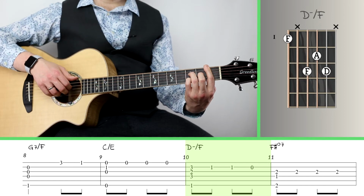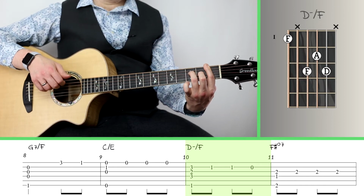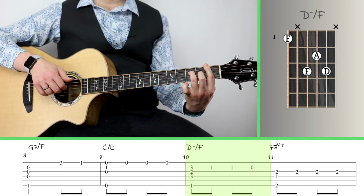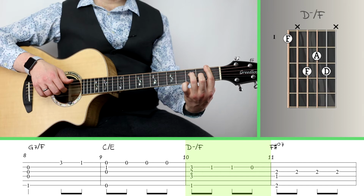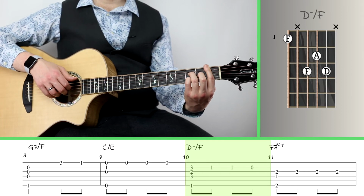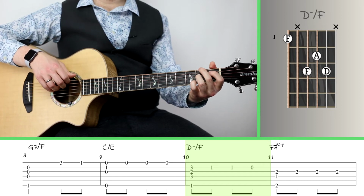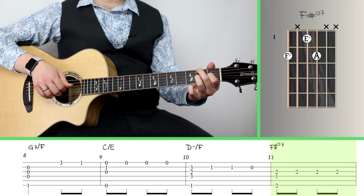After I play the first melody note, I leave the rest of the chord in place, but I lift up that pinky so that I can use the bar to play the second melody note. The fourth melody note is an open string, which gives you just enough time to get to this F sharp